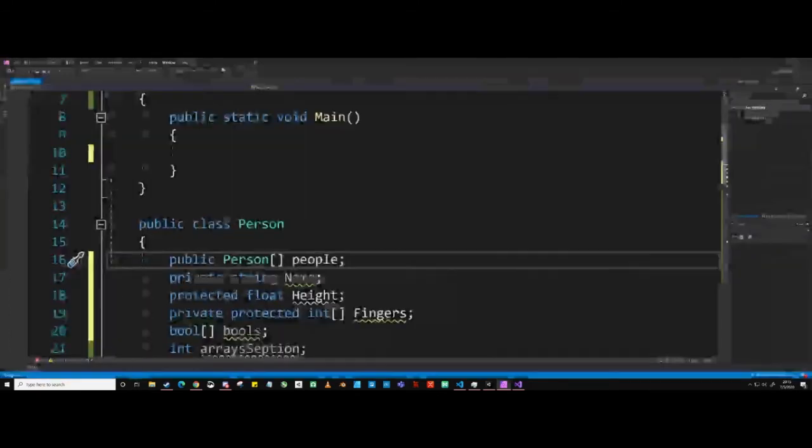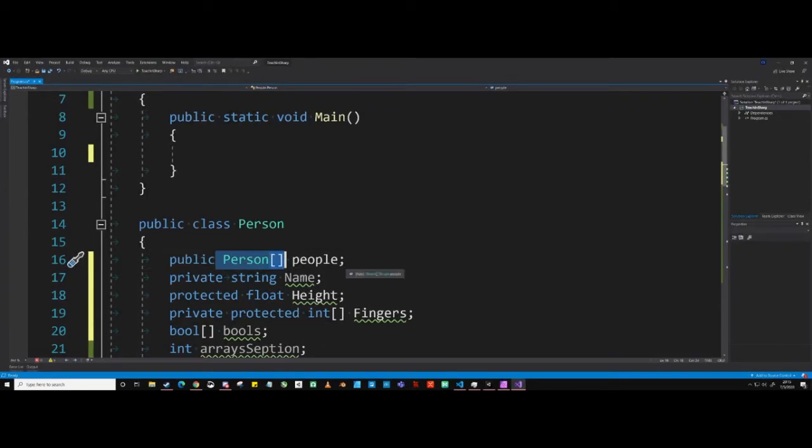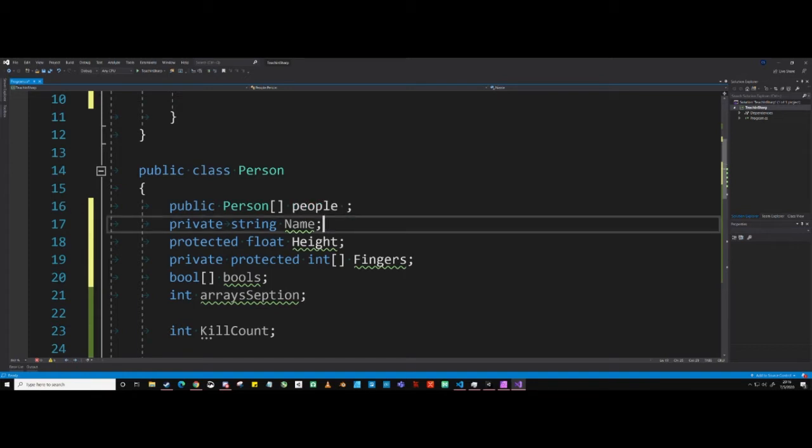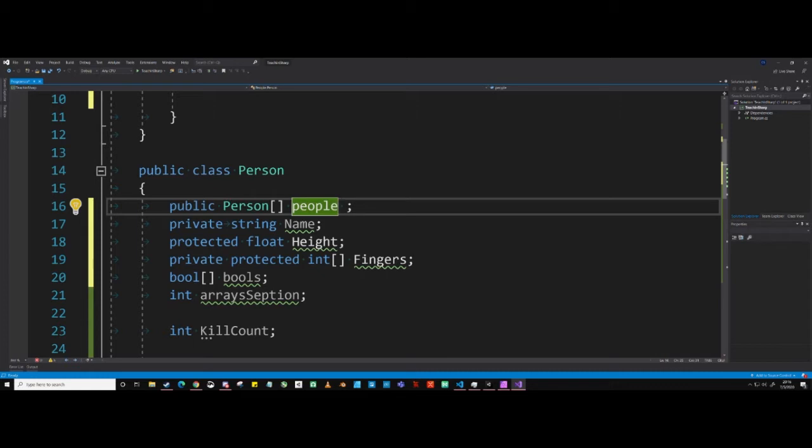All right, so you guys get the idea of classes and things. So remember, create a reference. When you create a reference just like this, you see how I'm not saying equals to something, right? So basically this reference is null right now. When this class gets put into memory, the reference people is set as null, right? If I want people to actually have a value in memory, then I'll have to say equals to new, which is how you create something in memory, equals to new, and then you have to create the same type,